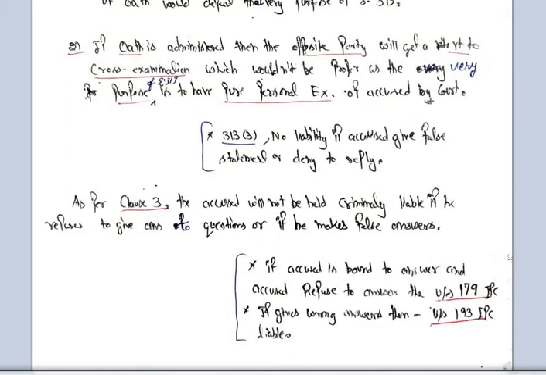अब इसके बाद एक पॉइंट इसमें ऐड कर लेना, इन 313 क्लॉज 3: there is no liability upon the accused if he gives the false statement or denies to give a reply. तो आपने अगर सही जवाब नहीं दिया या जवाब देने से मना कर दिया तो एक्यूज्ड की कोई लायबिलिटी नहीं बनेगी,